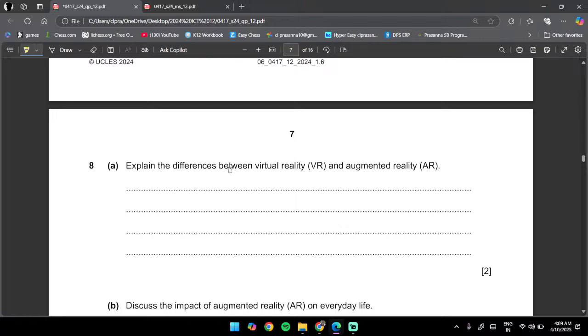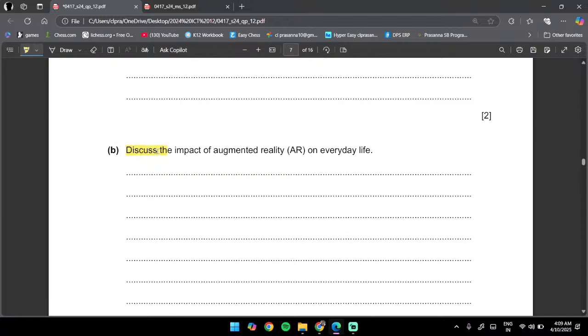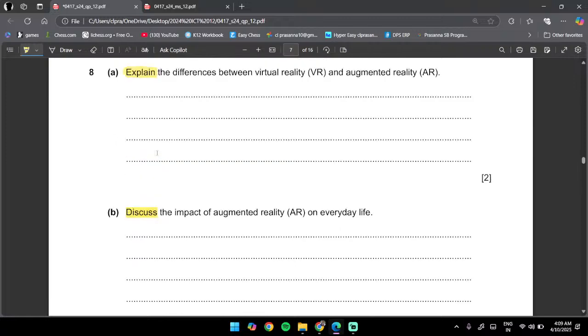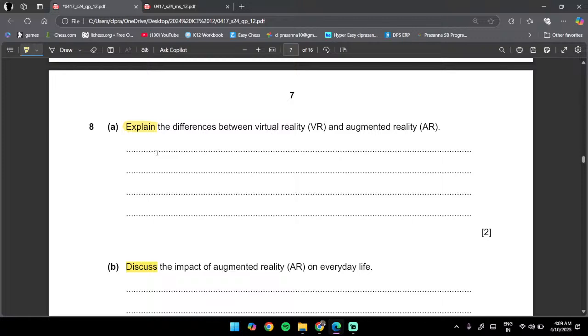Okay. Virtual reality and augmented reality. Explain the differences. So over here, they have given us the key term "explain." Over here, it's more of "discuss," right? So you need to look carefully at what the keyword is. So, what does virtual reality do? I know that virtual reality is a computer generated or artificially generated world